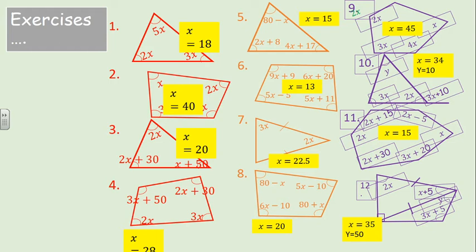Just mark them off. Okay, now we have other sorts of questions that look a bit like this. Okay, it's very similar again, it's more angle facts. So you'll see in the picture I've got two angles. Now there's different rules here, there's angles in parallel lines, and as a result these will lead to different sorts of equations to solve. Okay, but generally when you have angles for the moment,